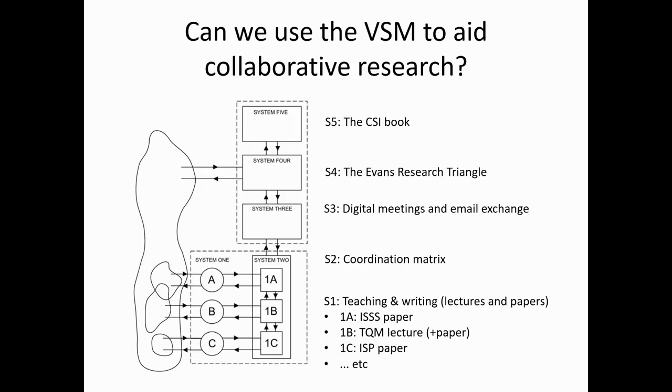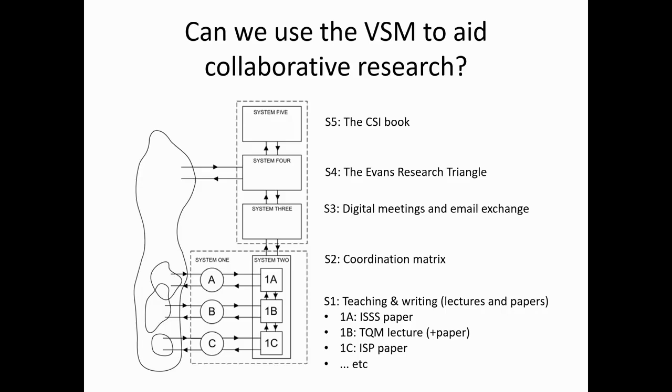Going from the top down, we associate System 5, the purpose, with the CSI book we have talked about writing; System 4, the vision, with the evidence research triangle; System 3, the control unit, with digital meetings and email exchange;